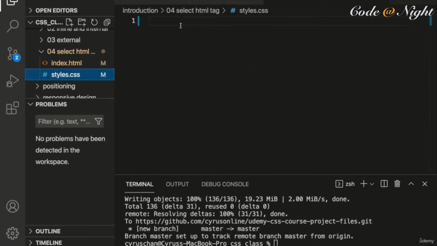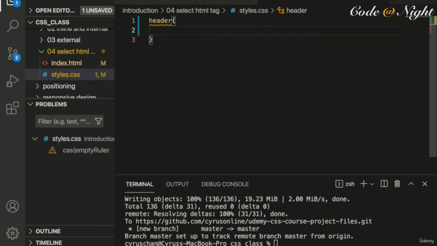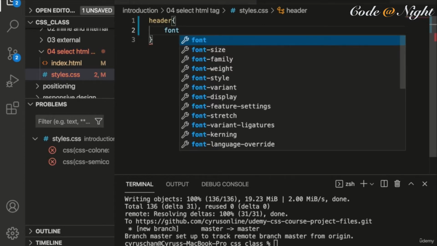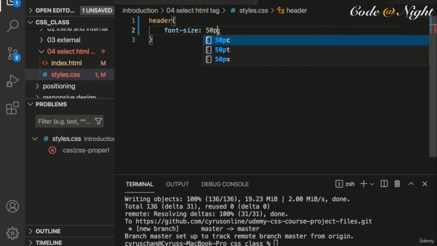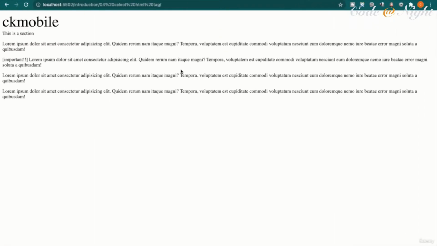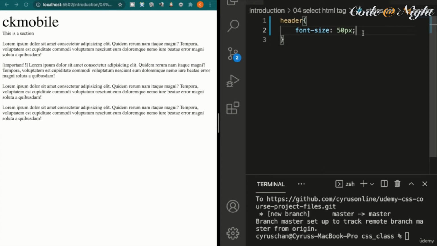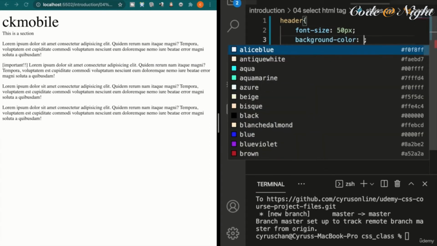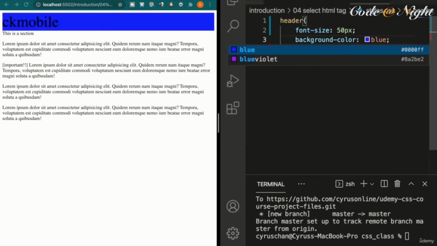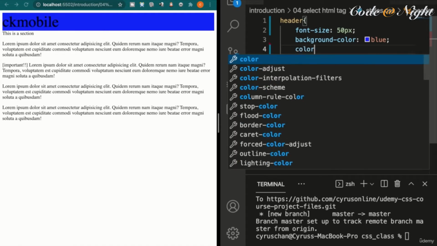So we can first add the style to the header. So we just type header, and then we can type the font size of 50 pixels. So now you can see the headers has a larger text, and then we can add a background color of blue, and we have the color of white,